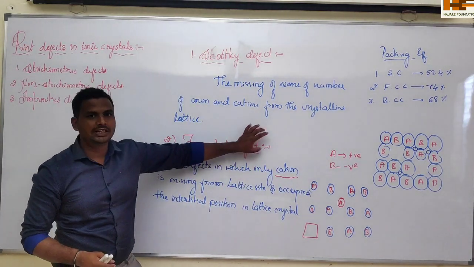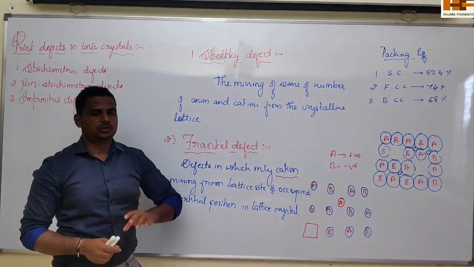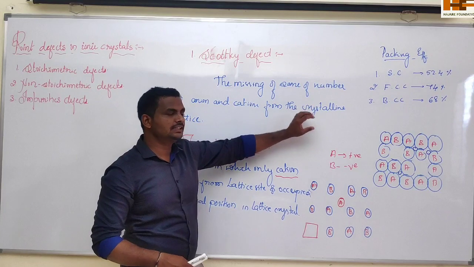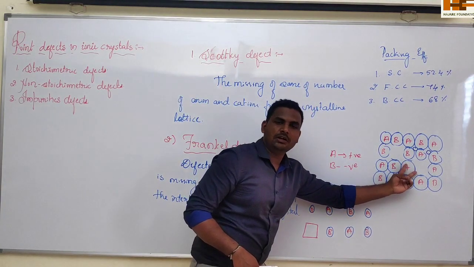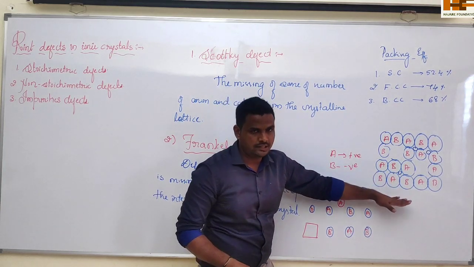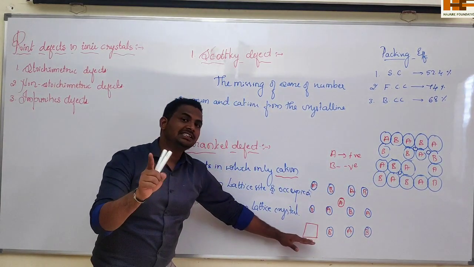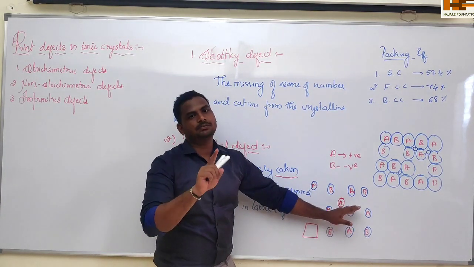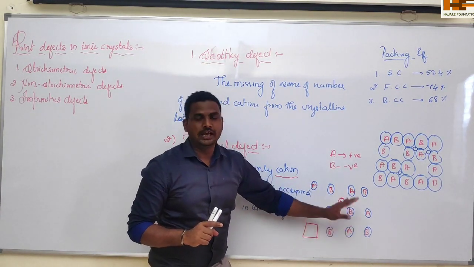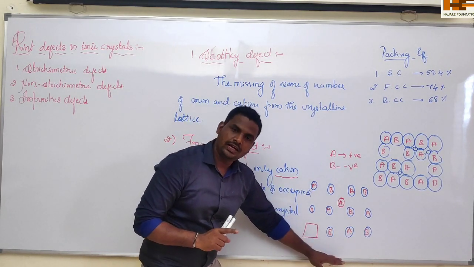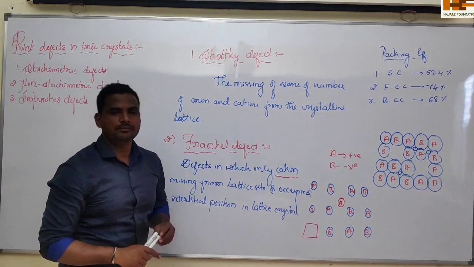Out of these two, you will get any one for the 2 marks. So this is about the stoichiometric defects. Because here in the Schottky defect it is a missing of the same number of cations and anions, hence it maintains neutrality. Here also there is only a missing of the cation, but it is present in the same crystal in the interstitial space, hence again it maintains electrical neutrality. So hence it is called stoichiometric defects.